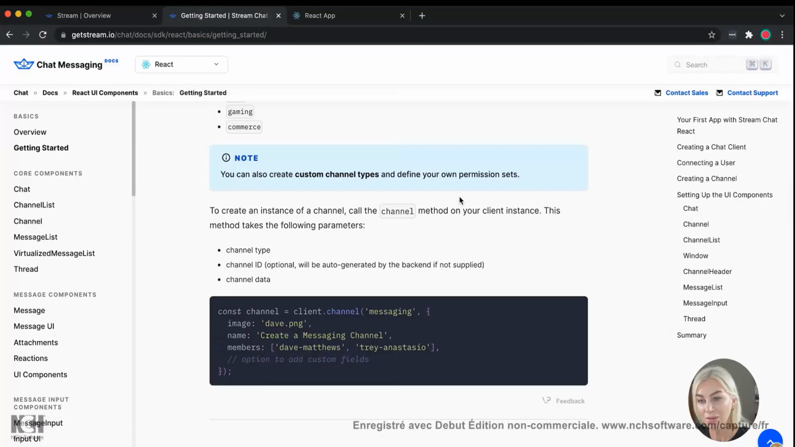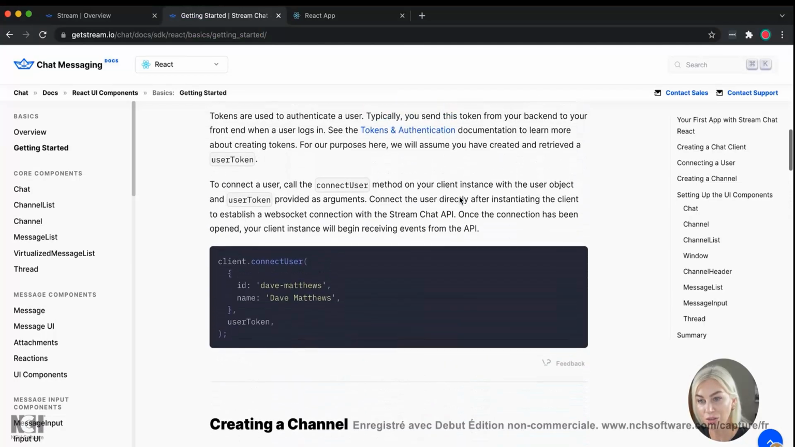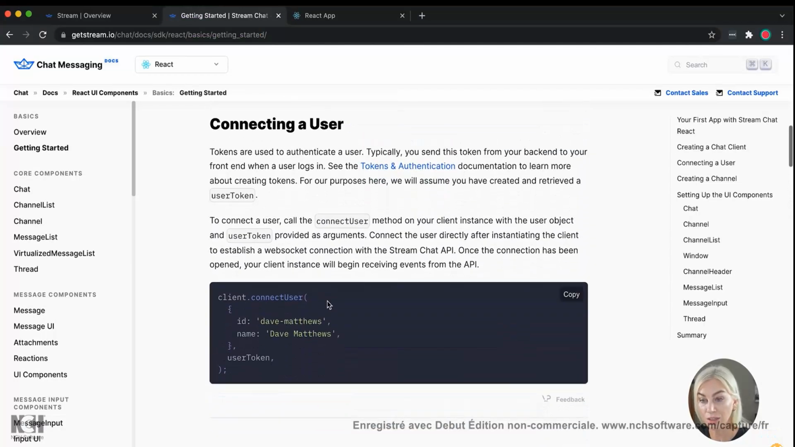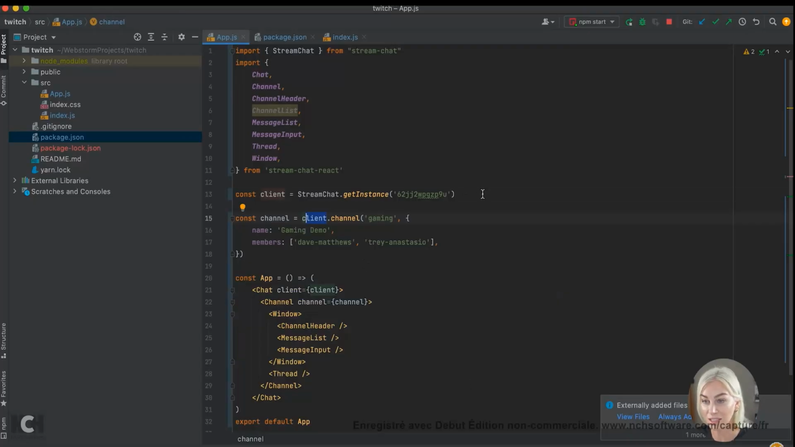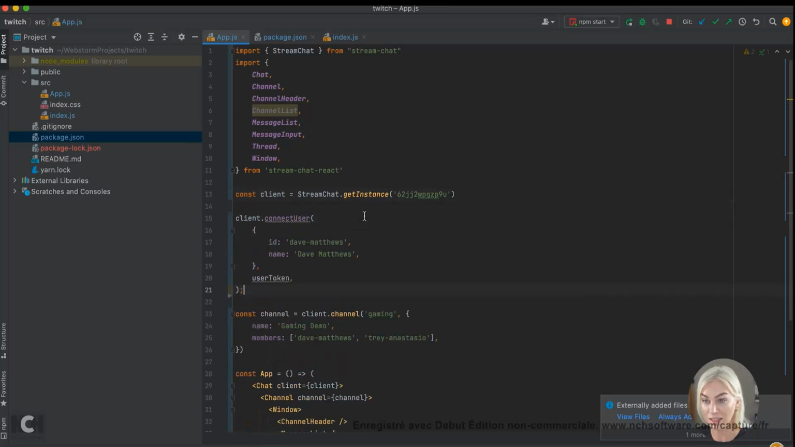Okay, great. And finally, what we are going to have to do is also connect a user. So for now, I'm just going to use Dave Matthews as my user. We will be replacing this with whatever user that we sign up with. But of course, for now, we are just going to have some dummy data. And all I'm going to do is whack it in here and talk you through it. Okay, so once again, we are using the definition of client here, and that will come with the method connect